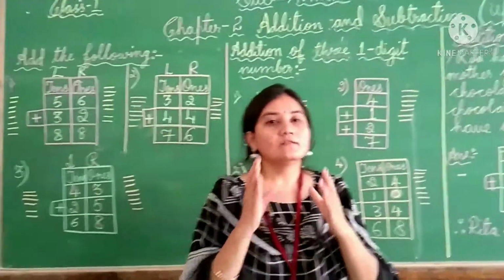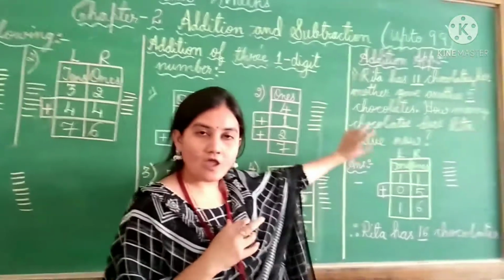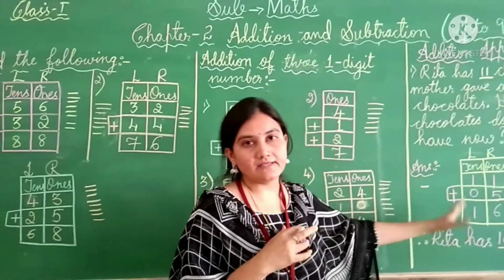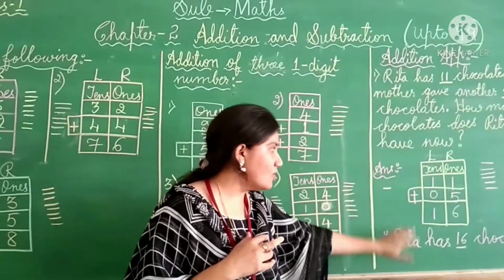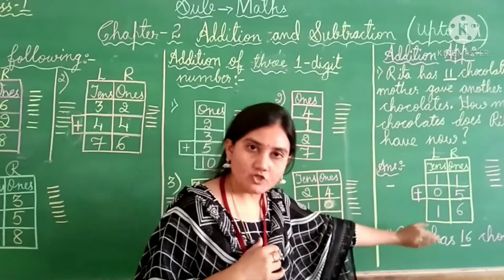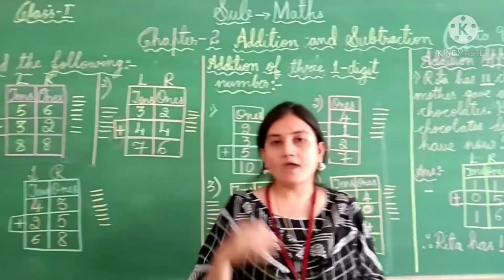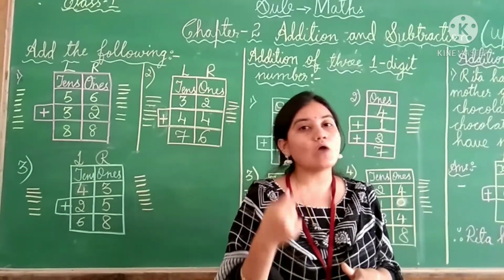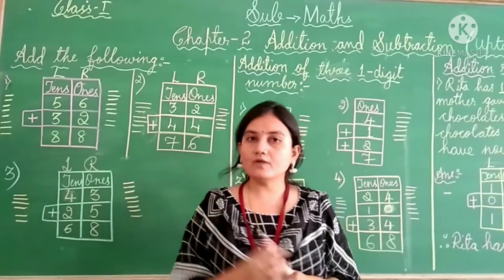You have to read the word problem. This is a word problem, children. You have to read the word problem, okay? Then you have to solve like this. You have to make the columns, write one sentence, then you have to add it, put the numbers together, then you will get the answer. Hope you all have understood addition once again. What is addition? How do you have to add it? Okay, children. If you want, you can go through it once again.